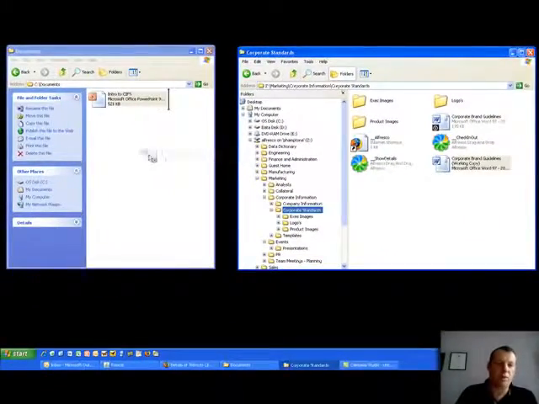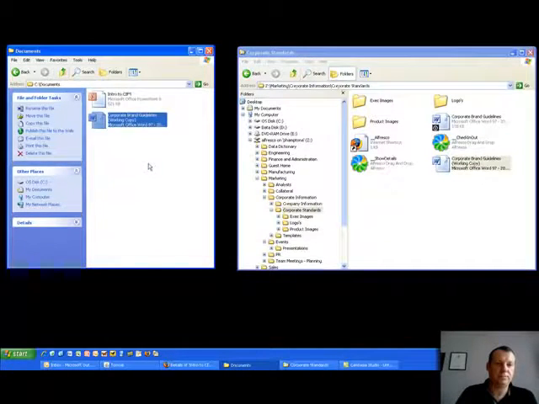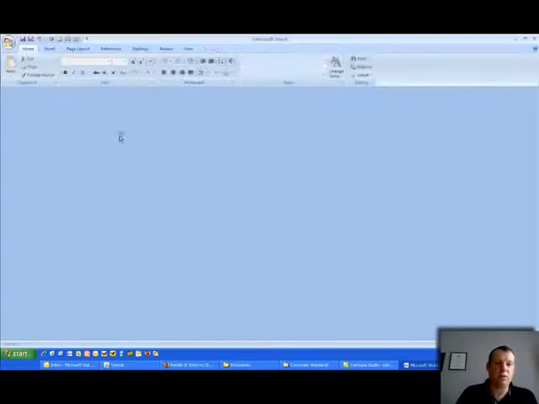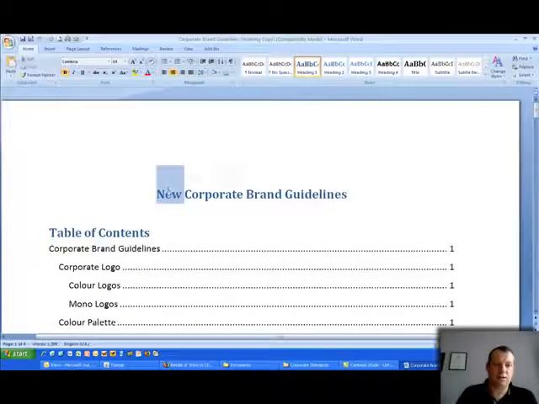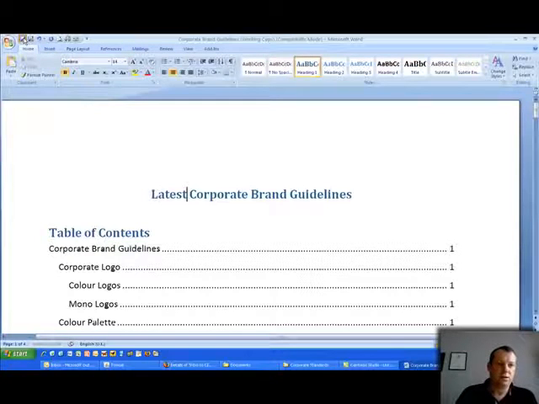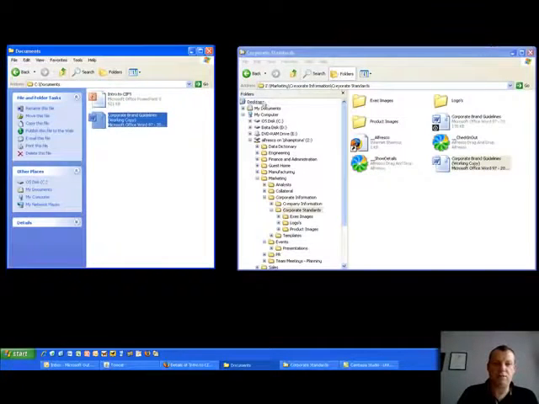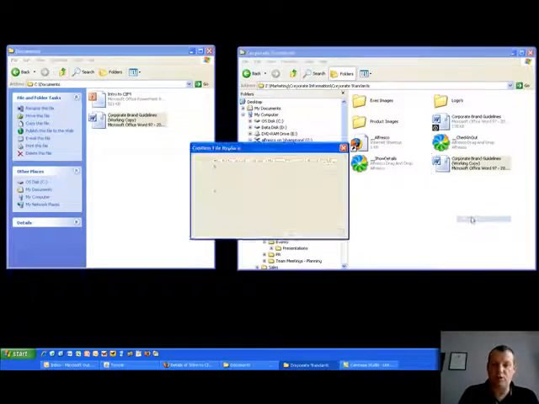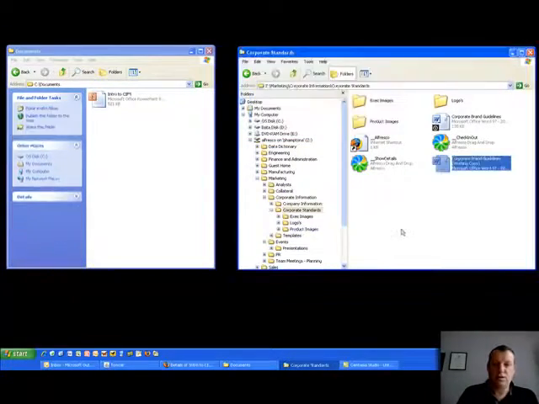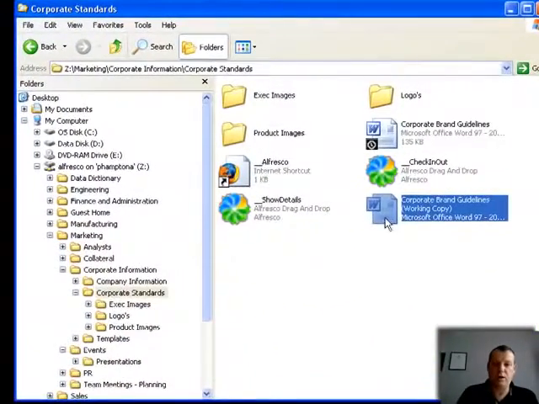And I want to work on my local PC, so I'm just going to copy that over here. And then we're going to open this. And we're going to call this the latest corporate guidelines. Not going to make too many changes. Save it. Close it down. And now what I want to do, let's put it back into the repository. So we're going to move that one back over here, overwrite the working copy, and then just check that back in. So I've made my changes, I put that back into the system,